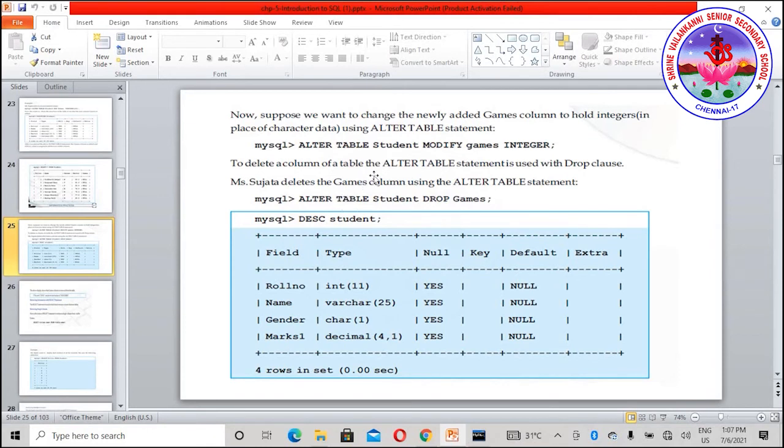Now, if you do not need the games column, you can delete it with the help of the drop command. We have discussed add, we have also discussed modify, and now we are going to discuss the drop column, the drop command. So when you give ALTER TABLE student DROP games column,